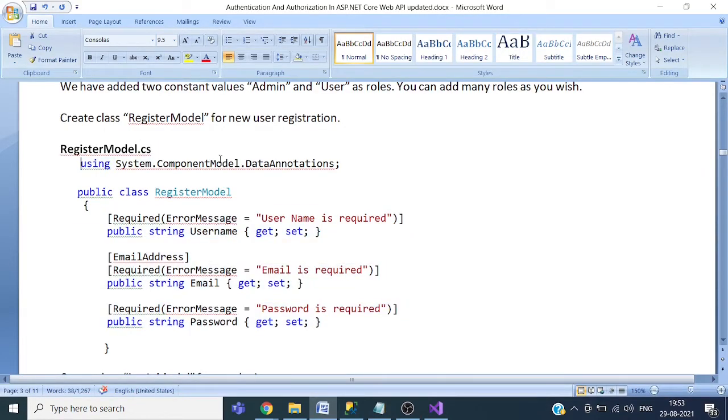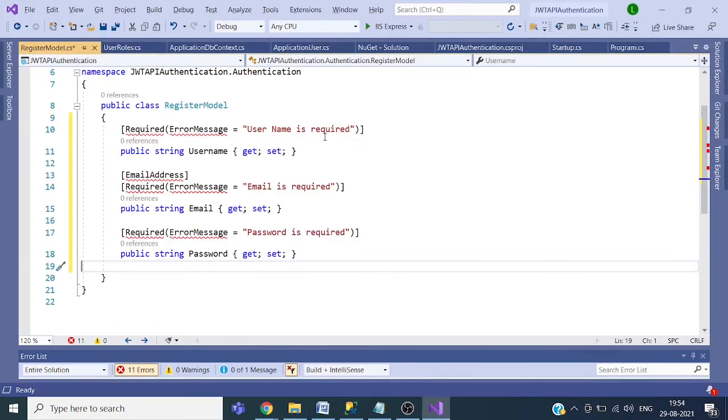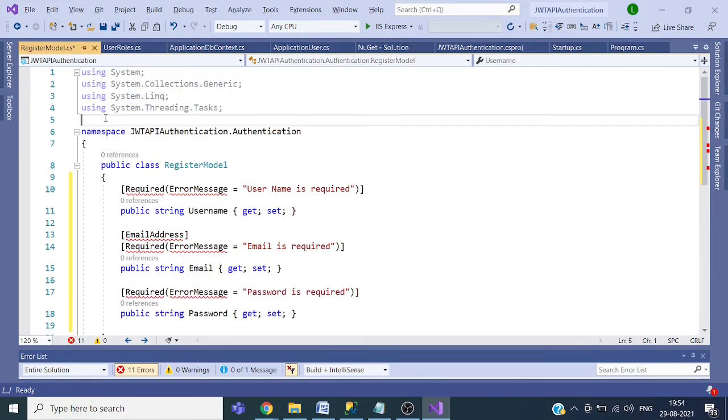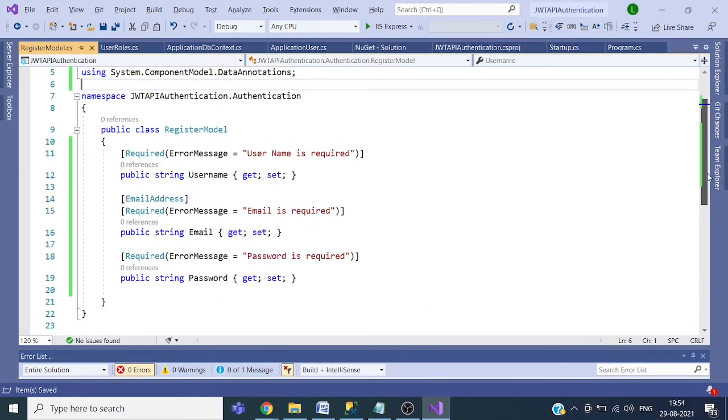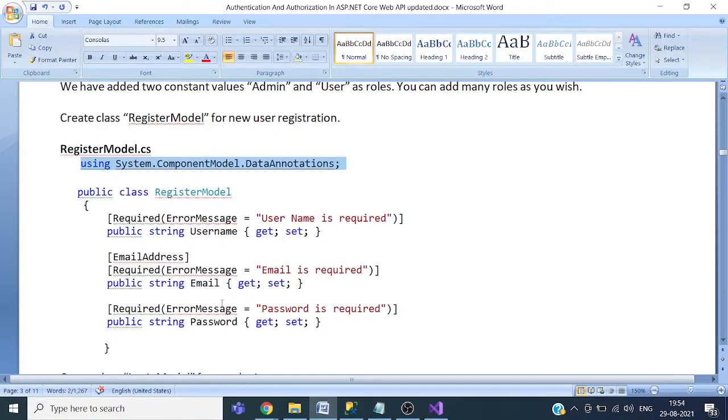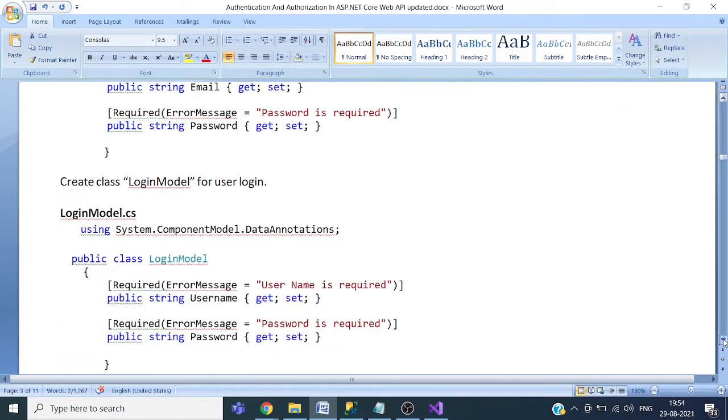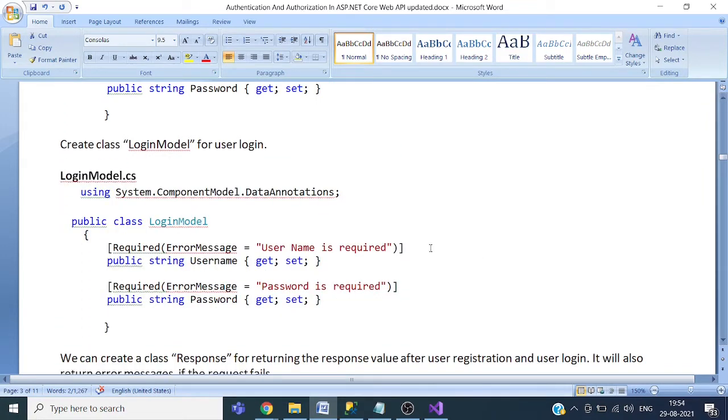We have to use this namespace. So we have three fields: username, email, and password. Then we will add the class for login.